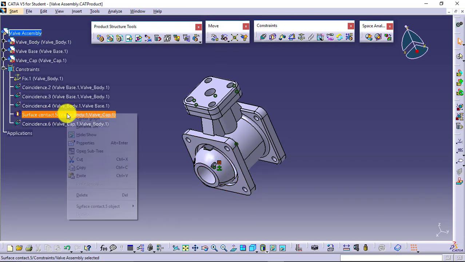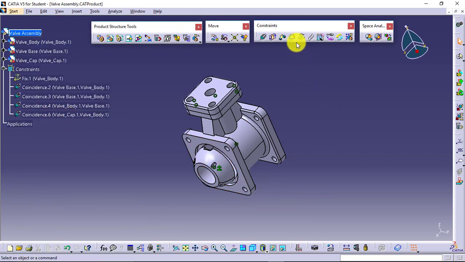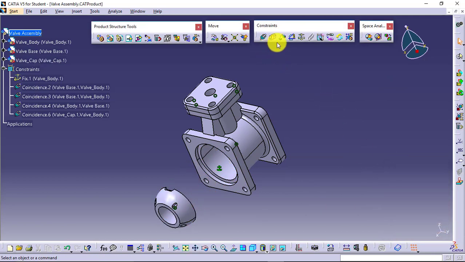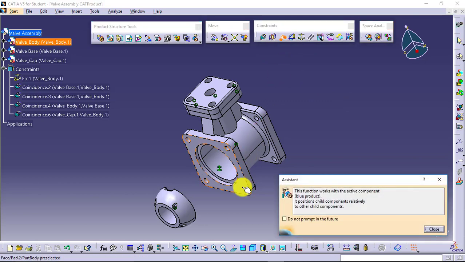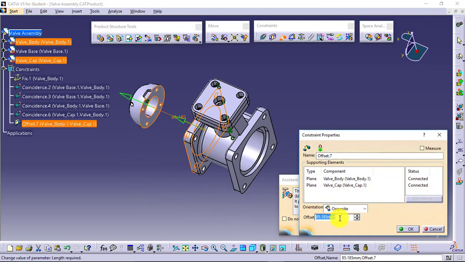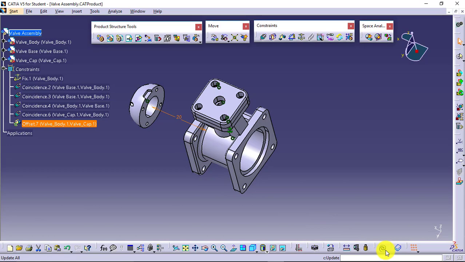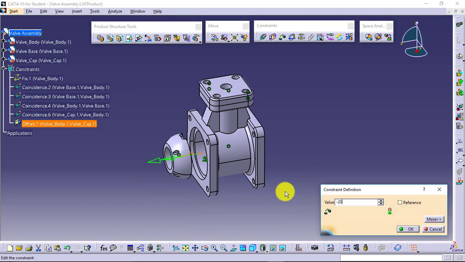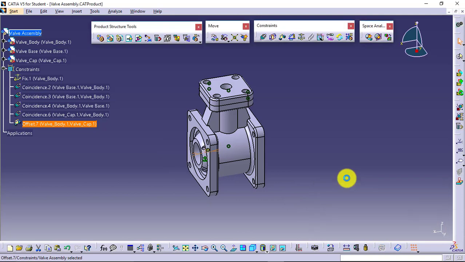Say I'll just delete the contact constraint. Now what I want is to define the offset distance between this part and this face and that face. I'll first manipulate it along the x-axis, and then I want to set it up at some distance. So offset from this face to this face. How much offset do you want? Say I want 20 mm. Update. It will be applied. If you want it in the negative manner, then you can go for -20 as well. It will maintain face to face.